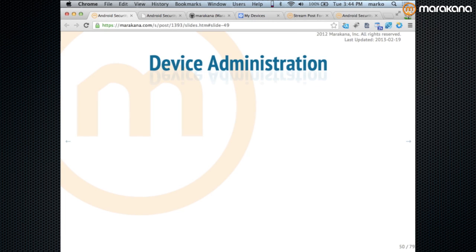A little bit about device administration. This is an interesting API that was provided by Google a couple of years ago, and it went a little quiet. Not a lot of people know about it, but the premise behind it is that Google essentially said, look,